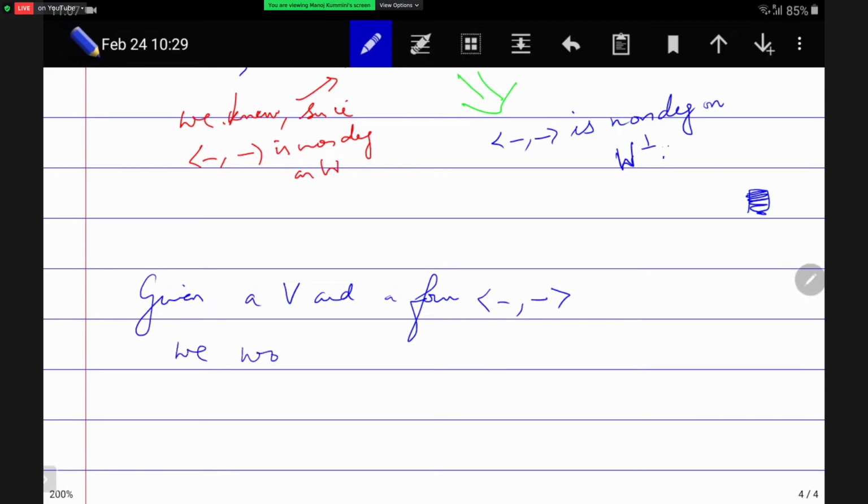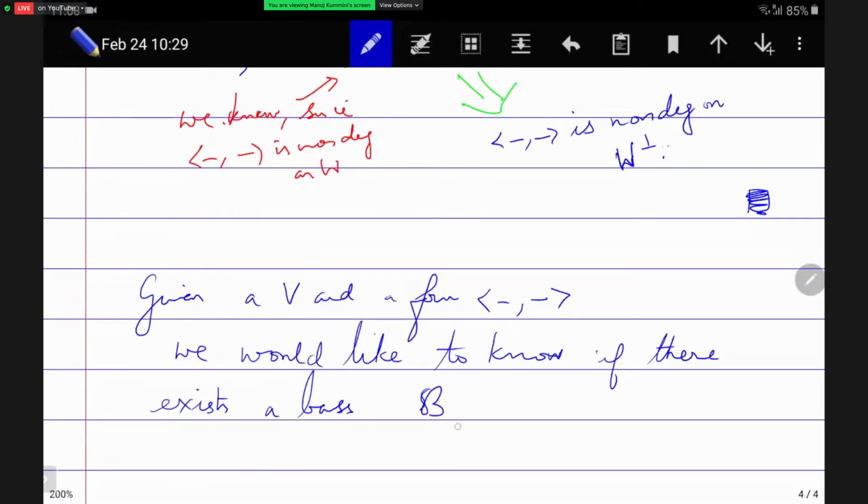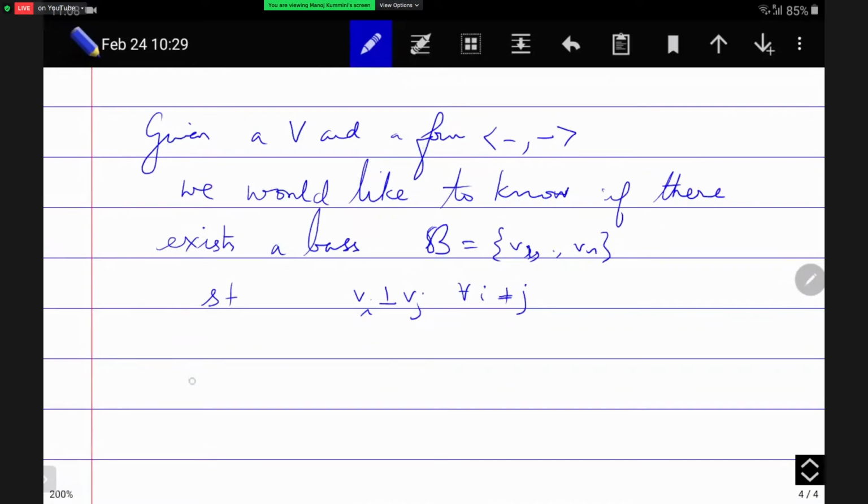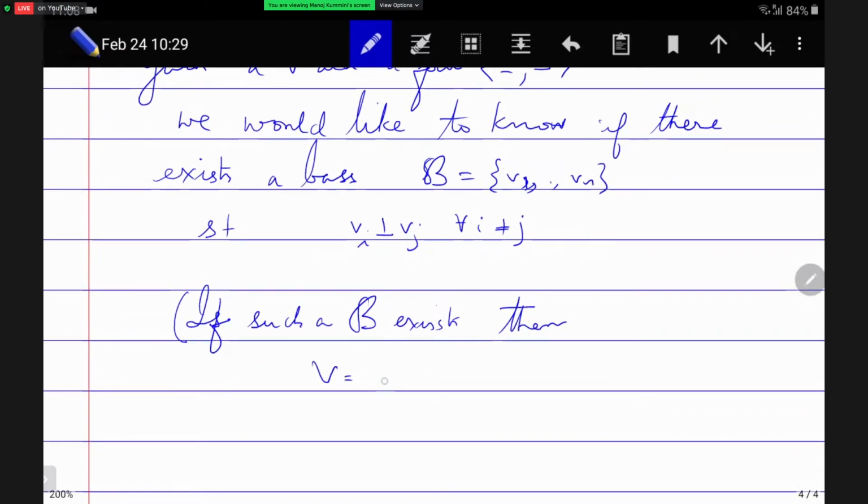We would like to know if there exists a basis, say V1 through Vn, such that Vi is perpendicular to Vj for all i different from j. So if such a basis B exists, then V,